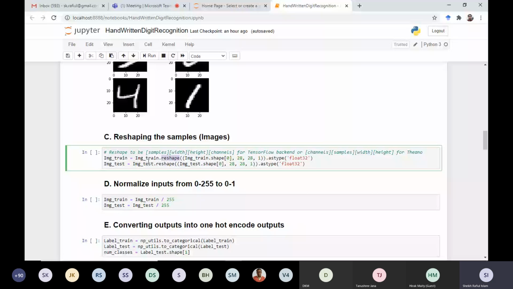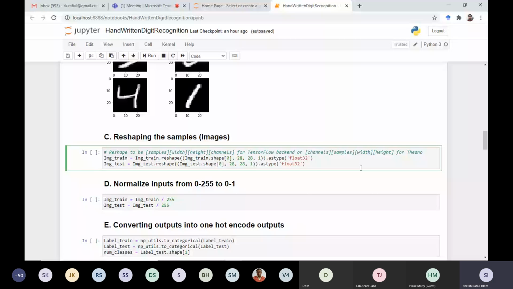During this operation, we mention what the data type should be after converting into tensor. I have mentioned that if you use TensorFlow as backend, there are changes, and if you use Theano, there are 2 different things.